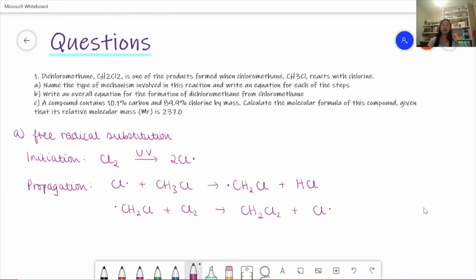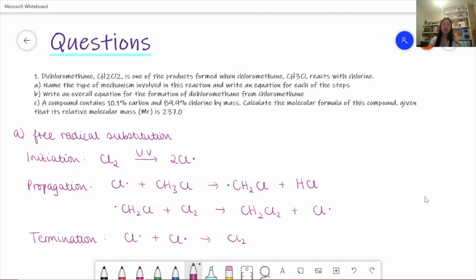And so this chlorine free radical then goes on to repeat these two steps again and again, and so this is the chain part of the chain reaction. And then the last step is termination. So this is where we react two free radicals together to remove them from the reaction mixture. So we can either add two chlorine free radicals together to form chlorine,